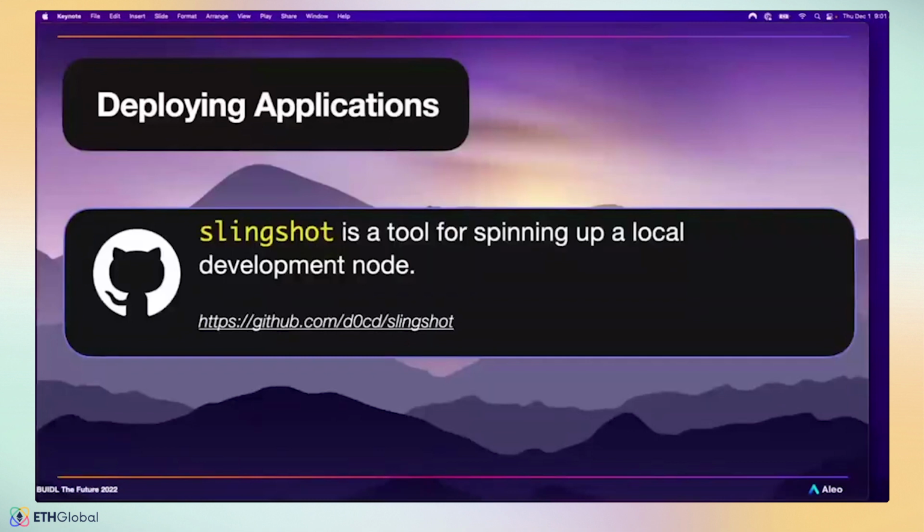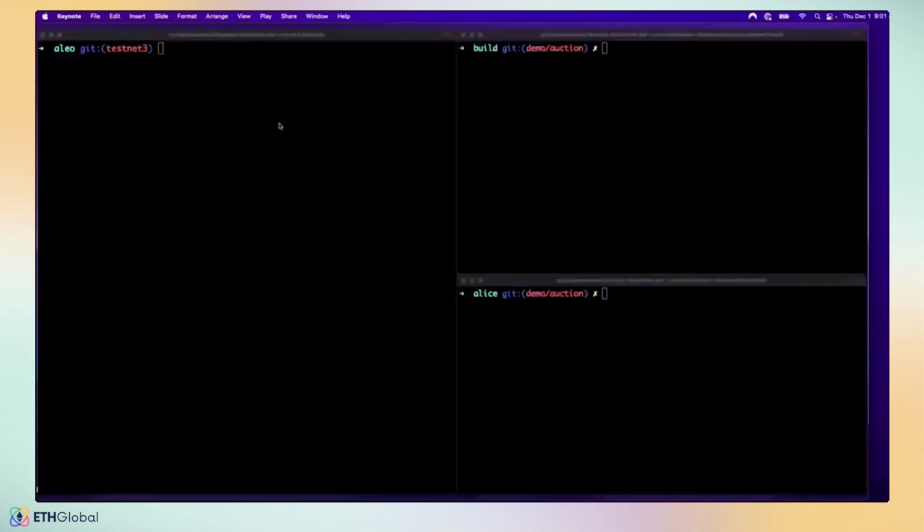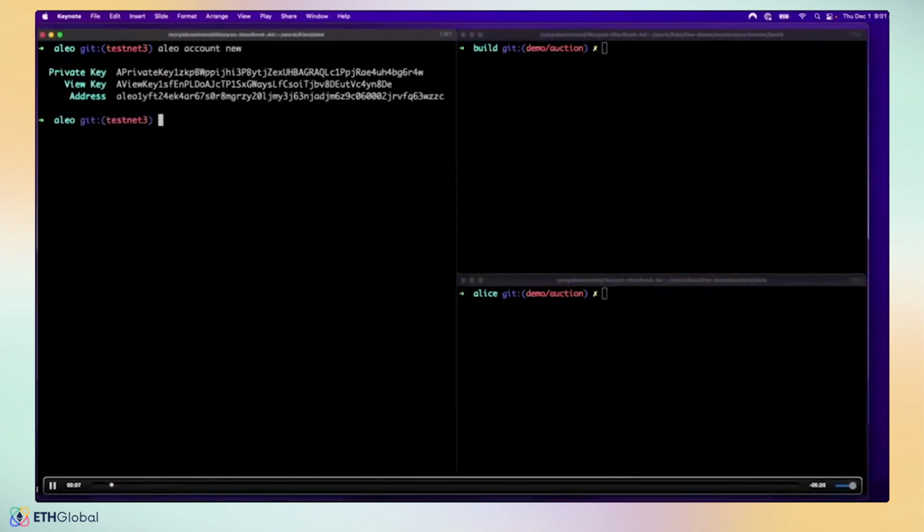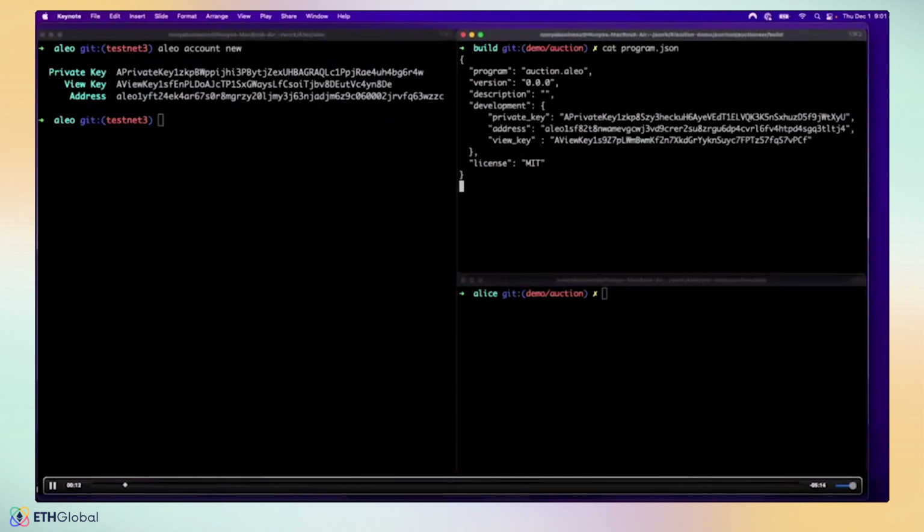So Slingshot is publicly available. It's a prototype, and we'll also include a link for it in the workshop resources. But yeah, let's take a look. So here on the left, we're invoking the Aleo SDK with the command Aleo account new. What this does is it generates a new private key, view key, and address, which you can use when